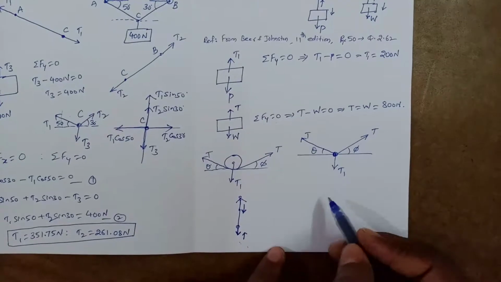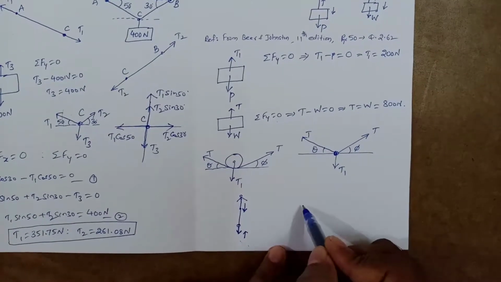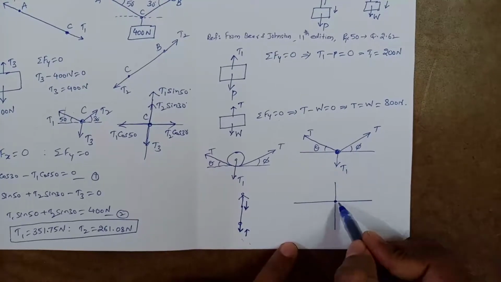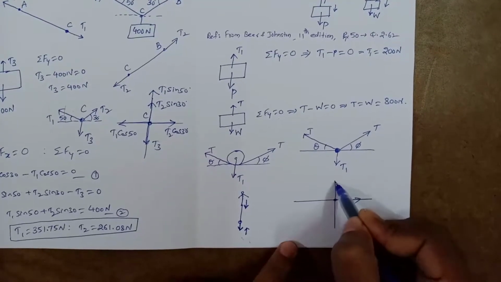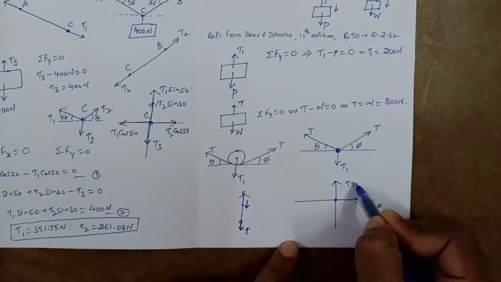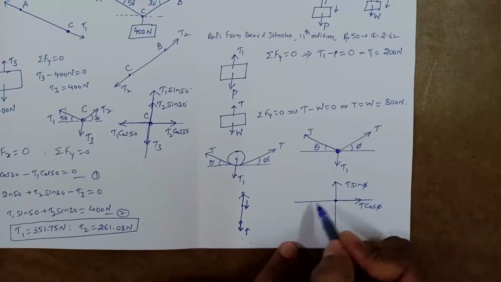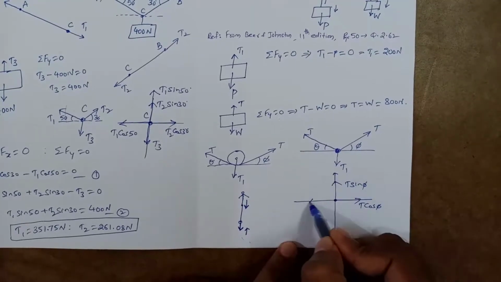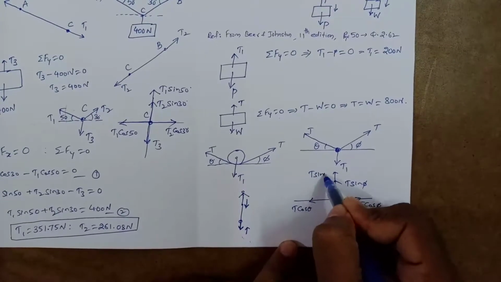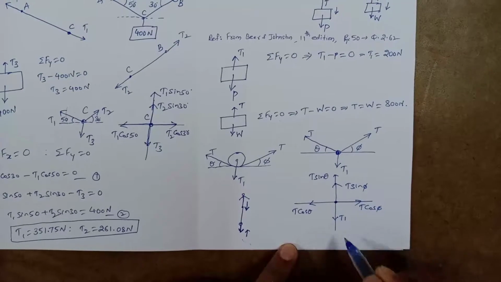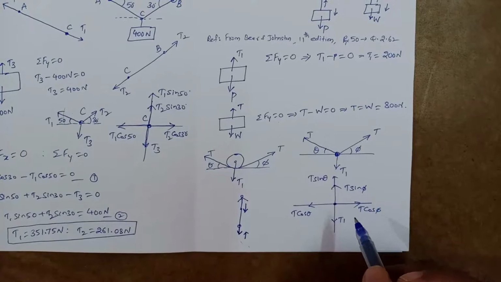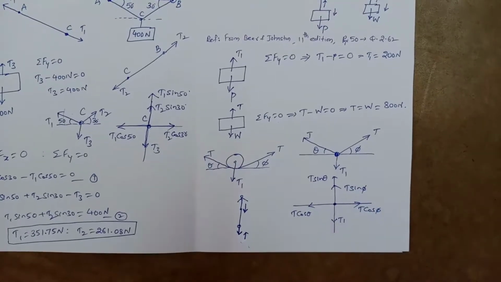Again resolve it along the x and y directions, then we'll get, again simply two components: one is this, other is this. This will become cos, so this is T cos phi. This will become sine, so T sin phi. And again the two components are one this, other one this. So this will become T cos theta, and it will become T sin theta, and this is T1. So now we have resolved all the forces along the x and y directions. Now we can apply sigma Fx equal to 0, sigma Fy equal to 0.